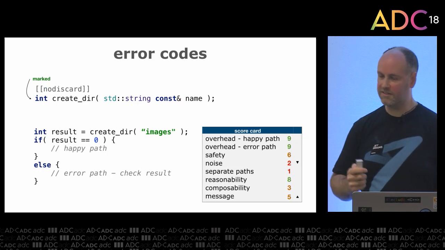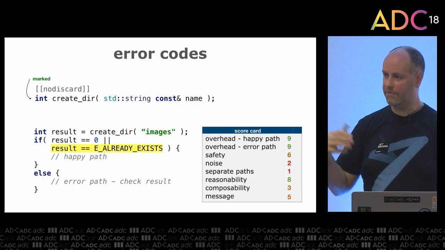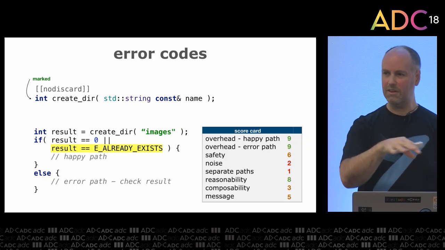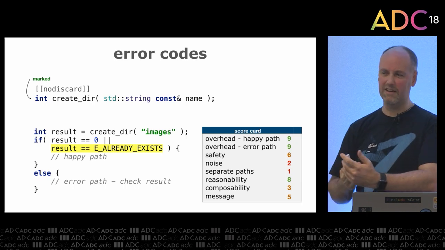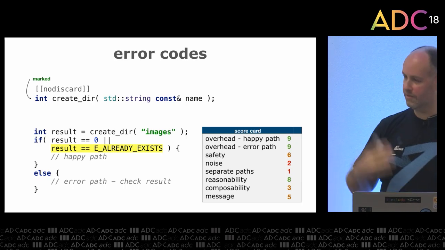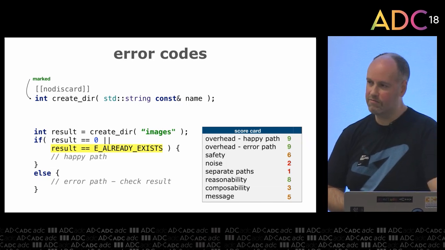One nice effect of this, though, is that in some cases, having that finer-grained view of what the error was means actually some of these things are not errors at all. If you're trying to create a directory and it already exists, you probably don't want to treat that as an error. So that gives you that ability. So that's returning